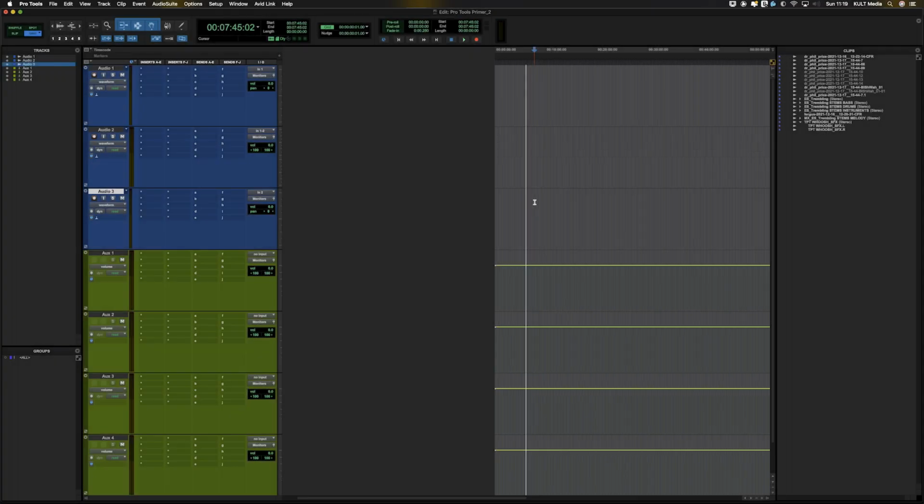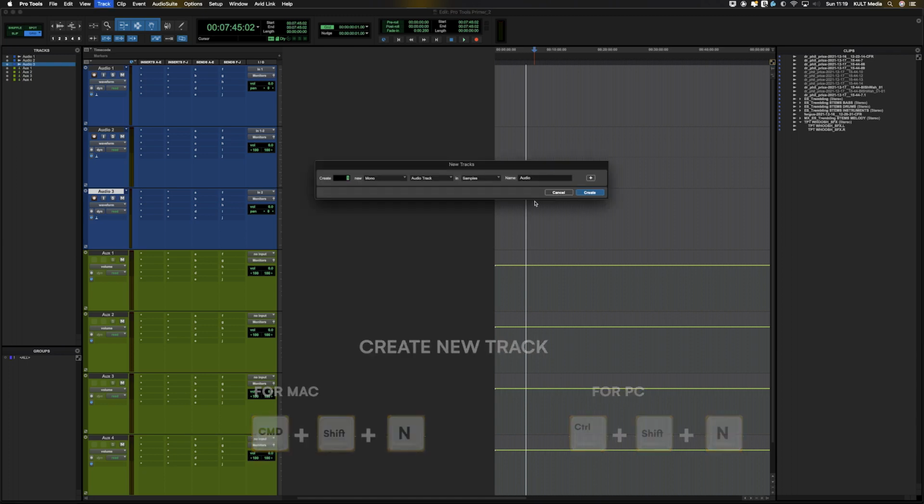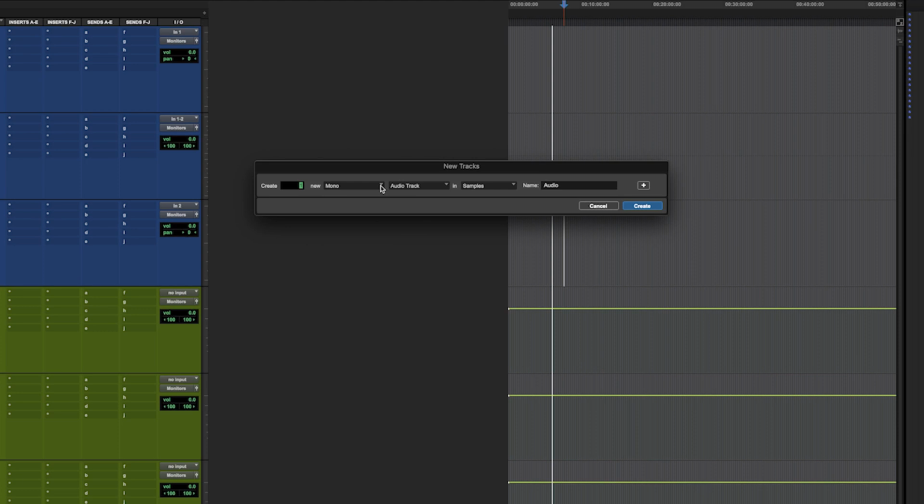In this video, I want to recap the track types that you can have in Pro Tools and describe them in a little greater detail and how I like to remember them. So a new track is Command Shift N, Control Shift N, and the new track window opens up. Now we've discussed the channels, the number of multi-channels you can have, mono, stereo, all the way through to ambisonics